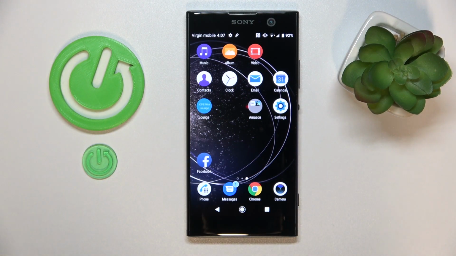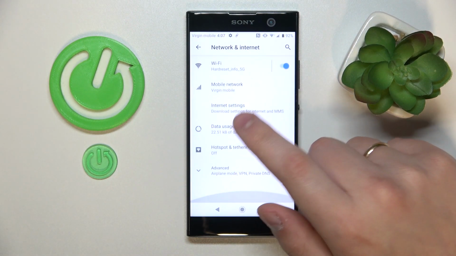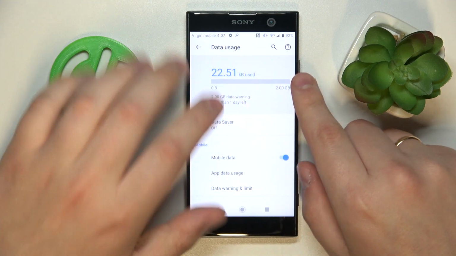So to start, you will need to launch Settings, then enter the Network and Internet category. Next, open the data usage page, and over here at the very top you have the general amount of cellular